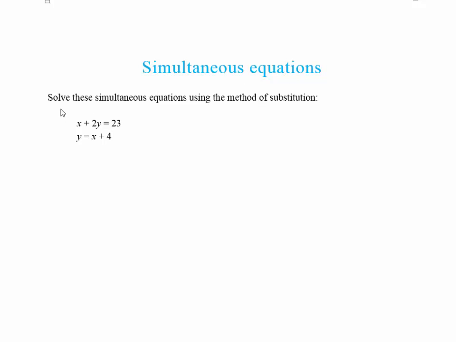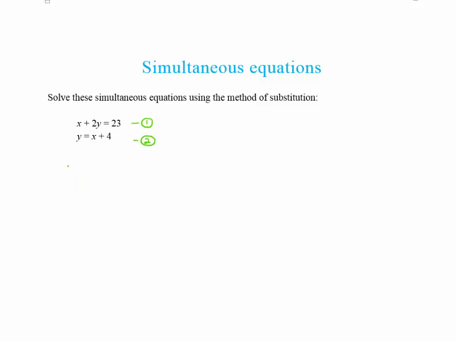Simultaneous equations. Solve these simultaneous equations using the method of substitution. Here I have two equations, x plus 2y equals 23 and y equals x plus 4. Now, a very helpful thing when solving simultaneous equations is to label them. In this case, I'm just going to label them equation 1 and equation 2 by just doing 1 and